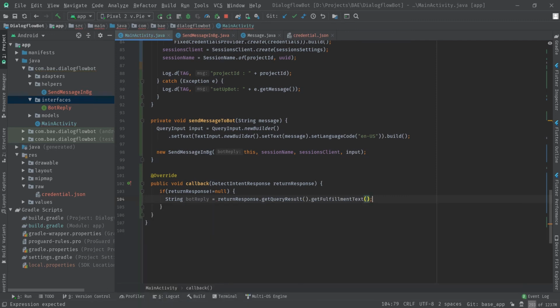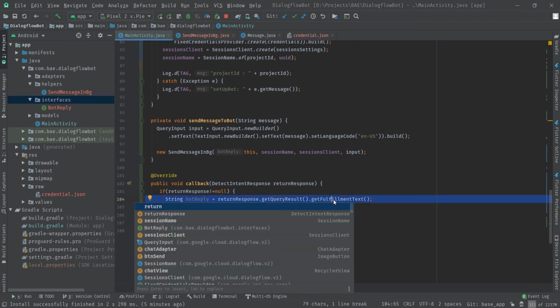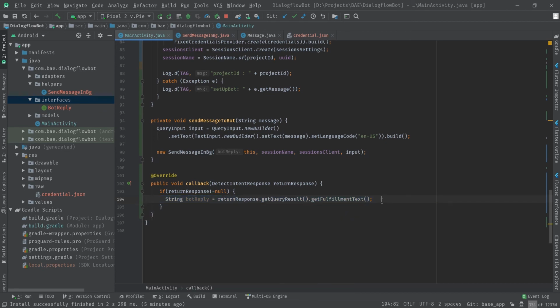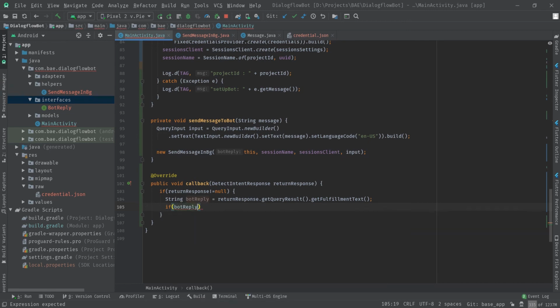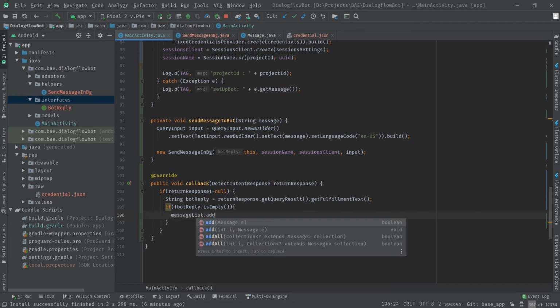This fulfillment text is nothing but the return response from the bot. So if you look here, I'm also checking if the bot reply is empty or not. If it's not empty, I'm going to add it to the list. I'm going to show it to the recycler view. So I'm adding it to the list.